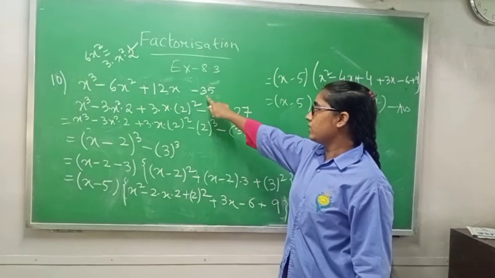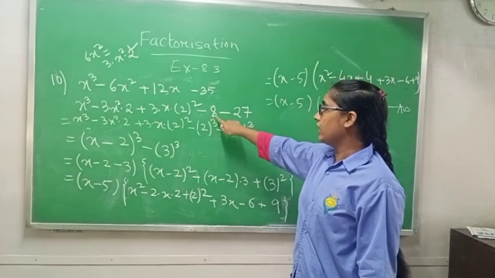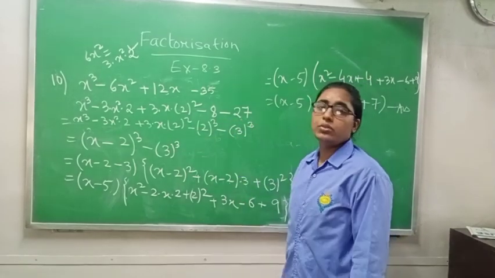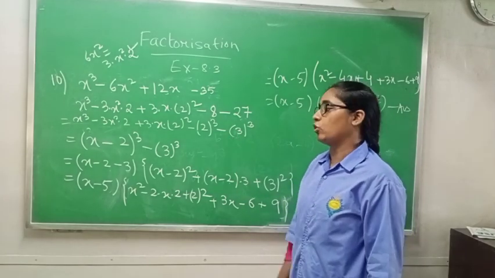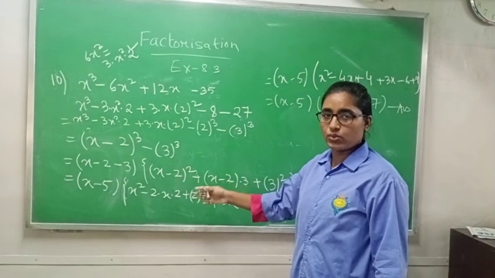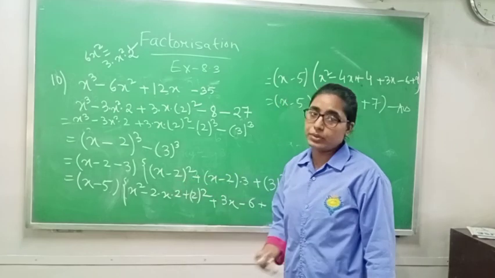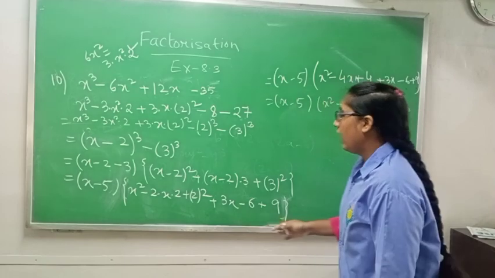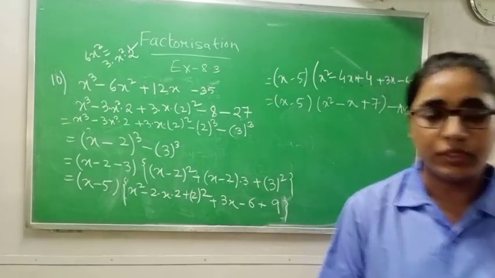The only difference is this: I am breaking this 35 in terms of 8 to make it 2 cube and 3 cube, so that we will get the formula of (x minus 5) whole cube, and individually I am also getting 3 cube. When I am solving, again I have to put in the formula of x cube minus 5 cube. After that I am getting (x minus 2) whole square. I have to break it also, which is a square minus 2ab plus b square. After breaking, when I am solving, I am getting this answer. Complete this one.